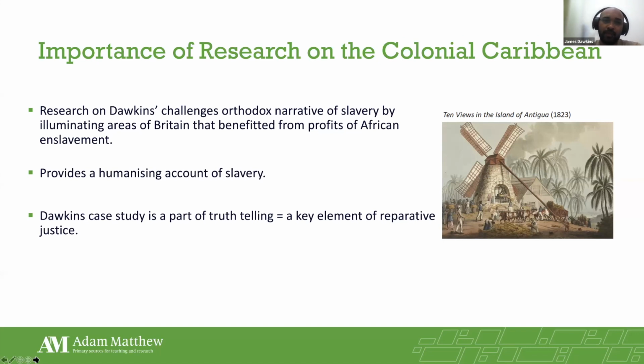However, this humanizing of slavery is really important because there's a movement from a generalized account of talking about enslaved people, or African people, as simply the enslaved, to naming individuals of African descent who were held captive on the Dawkinses' plantations and whose labor created the wealth that this particular family used to finance their education at Britain's elite